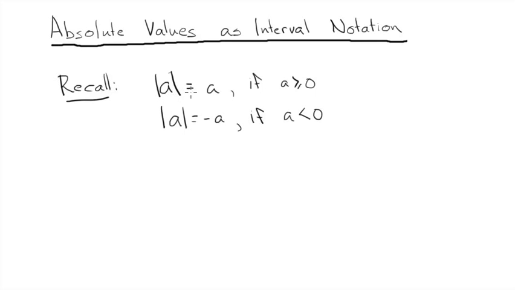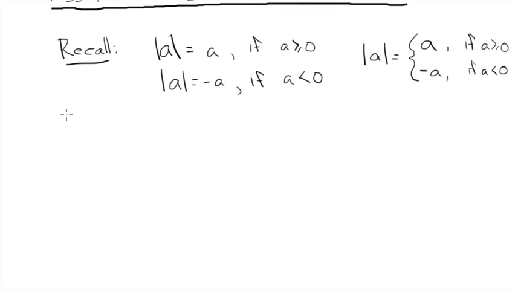Absolute value of A equals A if A is bigger than or equal to 0, and absolute value of A is negative A if A is less than 0. Sometimes we'll write it like this just to save ourselves some time. So we'll put a big squiggly bracket, and we'll say it's A if A is bigger than or equal to 0, and negative A if A is less than 0. So it's the same thing over here, just we save ourselves writing one absolute value of A. So we can use this definition to